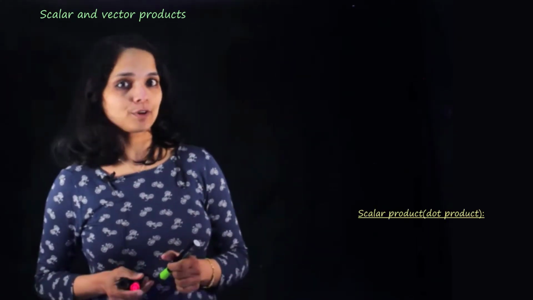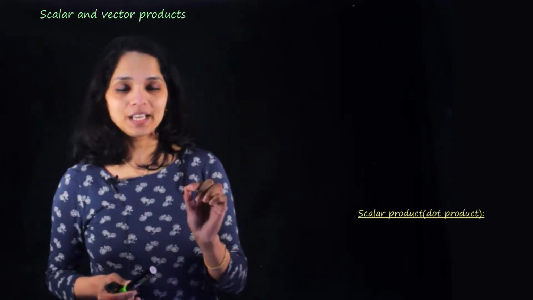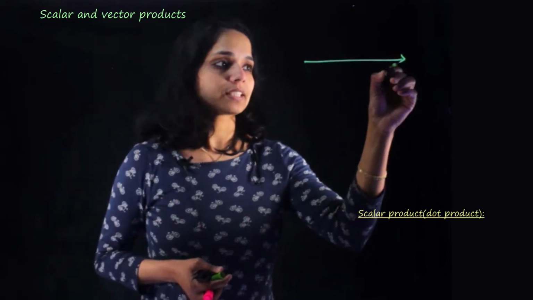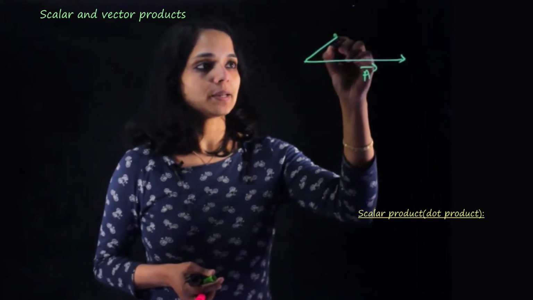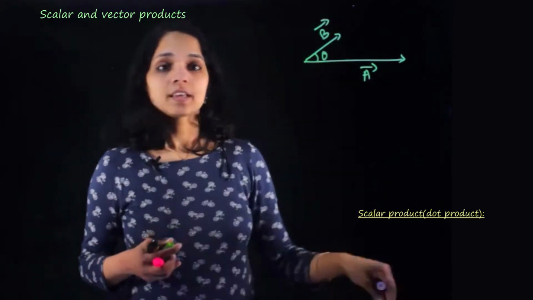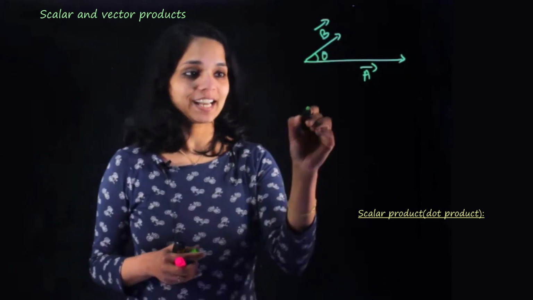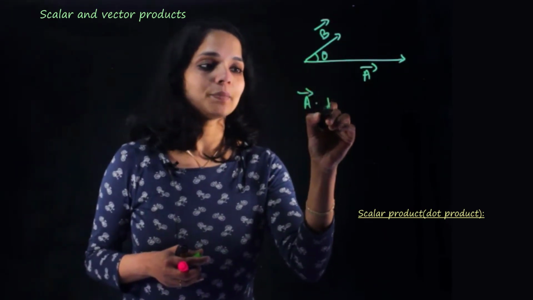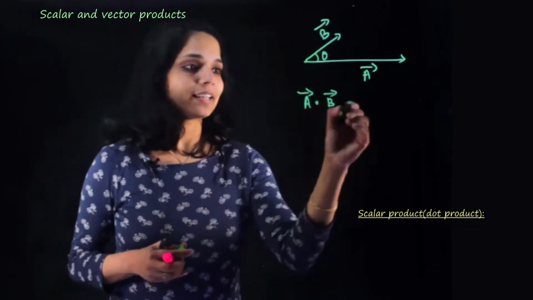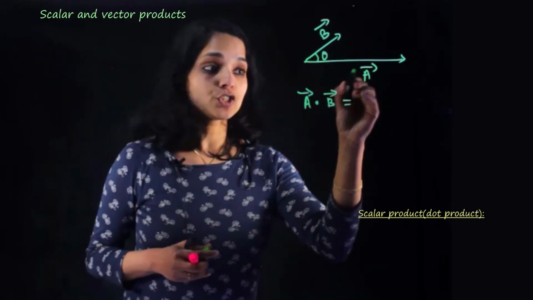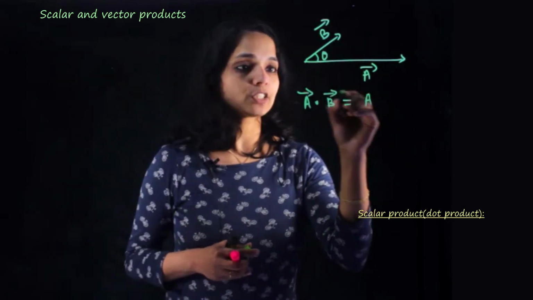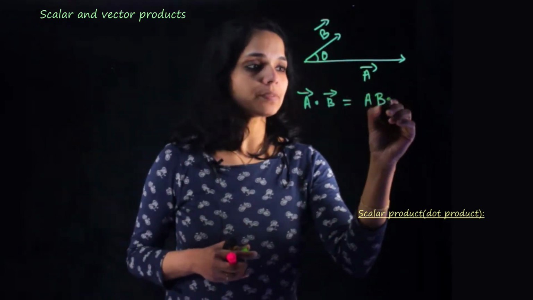The first one is the scalar product. Another way to call the same thing is dot product. Imagine that you have two vectors, vector A and vector B, and they're at an angle theta. The dot product can be written as A dot B. This is how we always write the dot product, A dot B. And that equals the magnitude of vector A, so we don't have to put an arrow on top, times the magnitude of B times cosine of